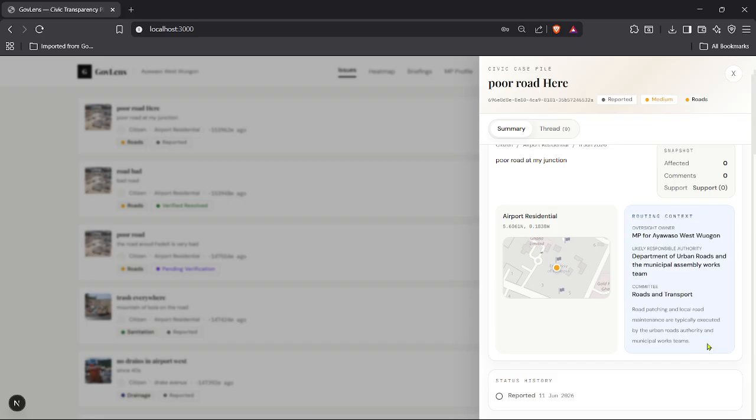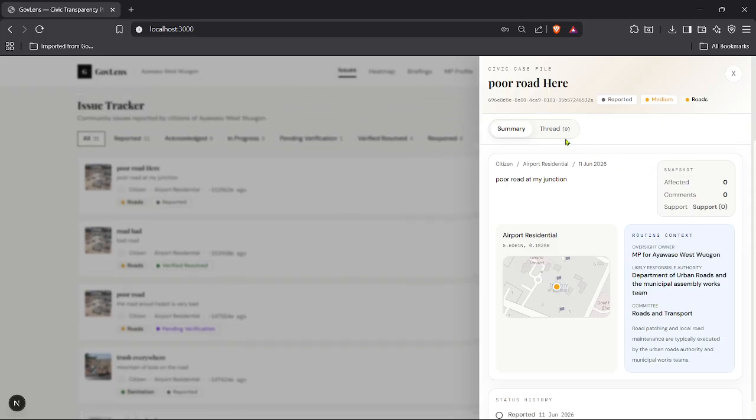For example, it's able to predict the likely authority for handling it and establishes the oversight owner, in this case the MP for Ayawaso West Ward 1. And you have the committee. So all this is the AI matching issues to committees and authorities,